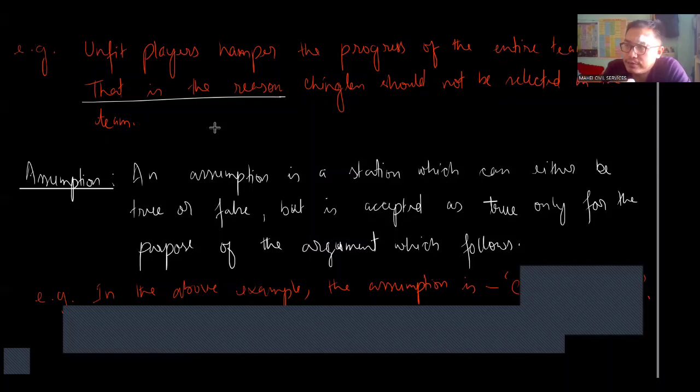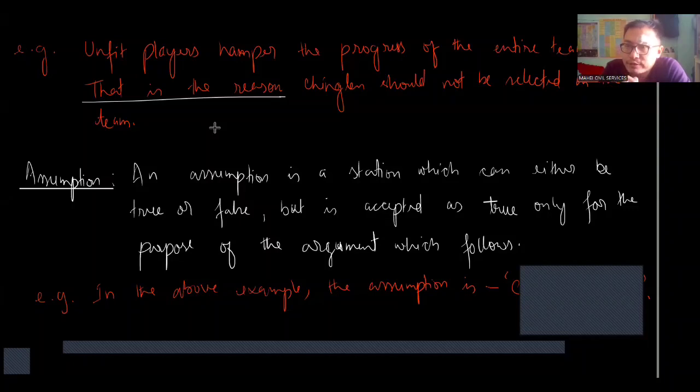Can I say that Chinglen is going to hamper the progress of the entire team? Is this an inference, that Chinglen is going to hamper the entire team? Explicitly, unfit players hamper the progress of the entire team. There is a reason Chinglen should not be selected in the team. So can I draw an inference that Chinglen is going to hamper